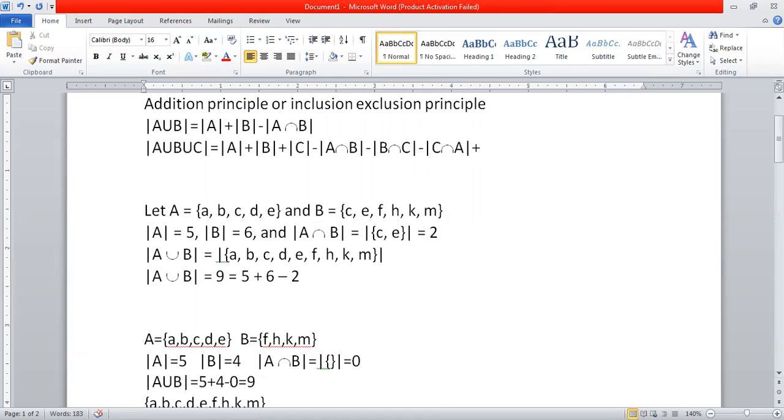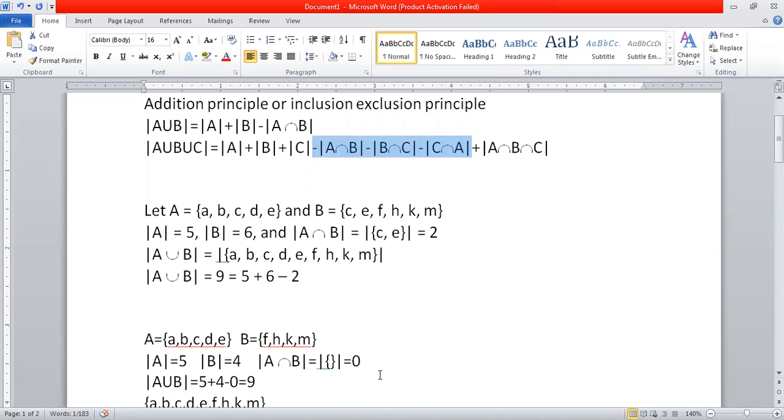Plus we have to add one term, that is A intersection B intersection C. ये एक बार आपको ऐड करना पड़ेगा क्योंकि हमने इसको यहाँ पर कॉमन टर्म को माइनस